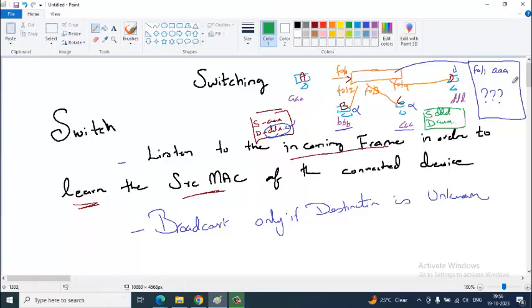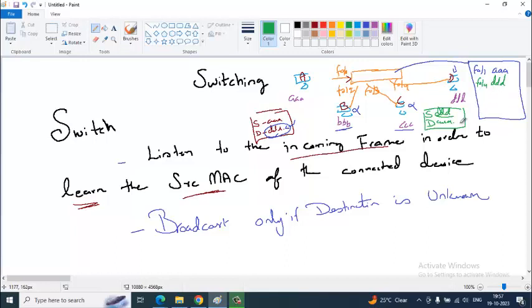Before checking the MAC address, when the frame hits the port F0/4, it learns the source. F0/4 is connected to DDD. DDD is connected to F0/4.